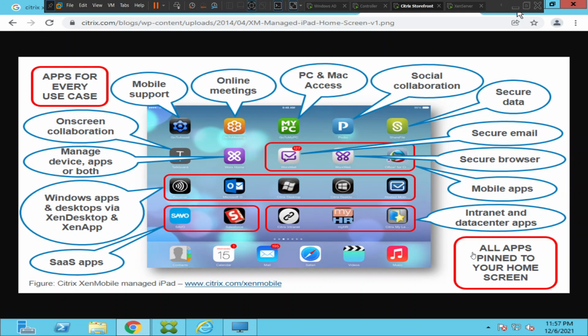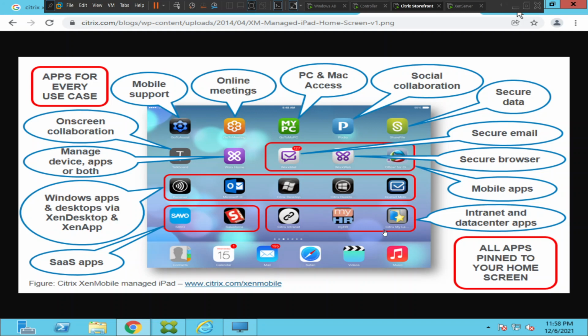So let's say if a user wants to access a Citrix virtual application or desktop application. In Citrix Virtual Apps and Desktops, users open up a browser, type the URL, and then enter the credentials, and then they log into the Citrix environment and they launch the application to access it. But when it comes to Citrix Zen Mobile or Citrix Endpoint Management, what happens is users can install an application called Citrix Secure Hub or Works Home.